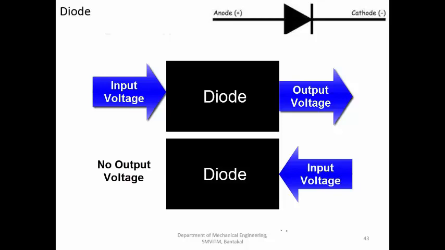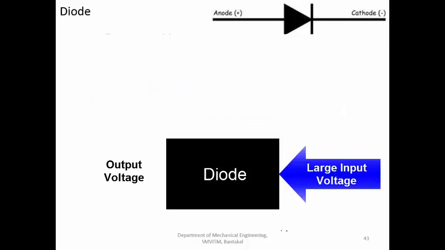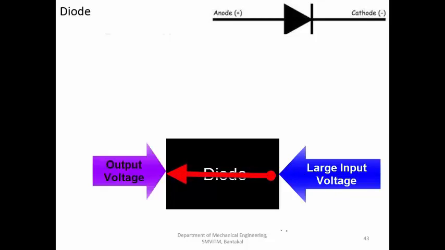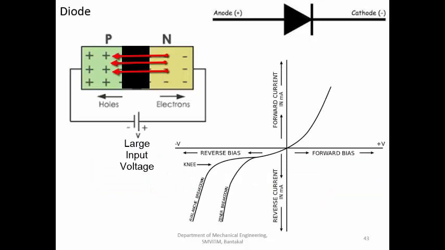Now what happens in the reverse direction if you are applying a very large voltage? When you are applying a very large voltage, the electrons coming on the other side will have a lot of energy and they will continuously come pushing forward and forward. At some voltage, they will simply jump this depletion region and go into the other side and the circuit will be closed. So you will have more and more electrons jumping and the circuit will be closed.